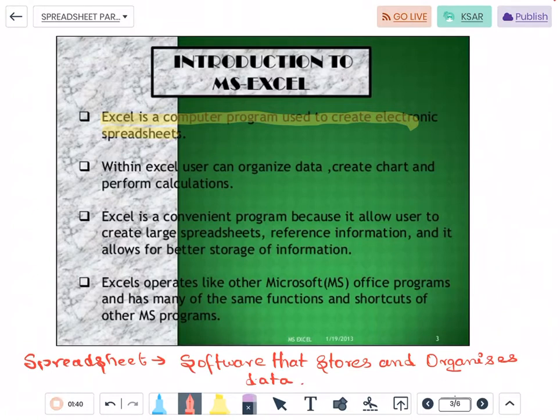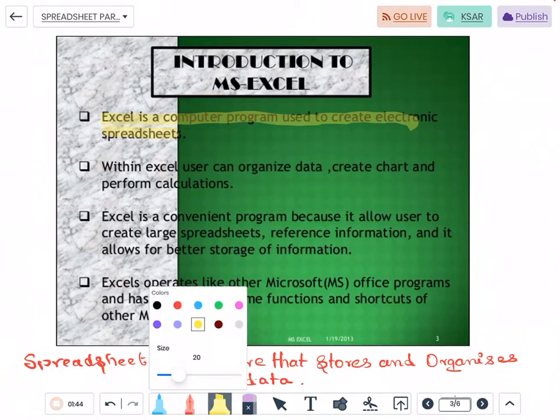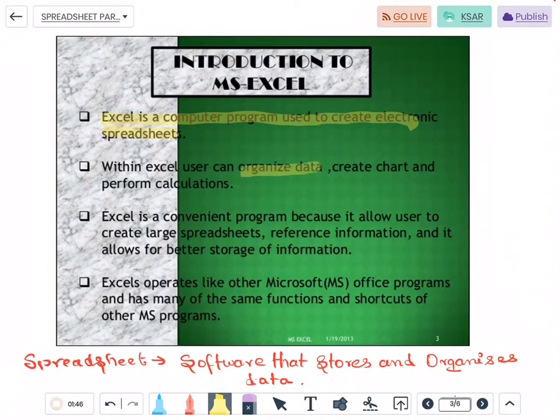Okay, now within Excel, what are the things that can be done? We can organize data, we can create chart, we can perform calculations. Okay, now Excel as such is a convenient program because it allows user to create large spreadsheet.